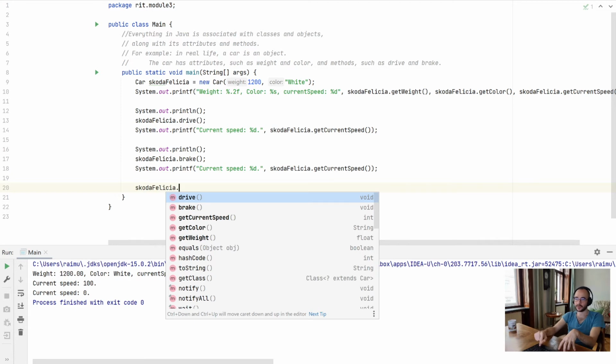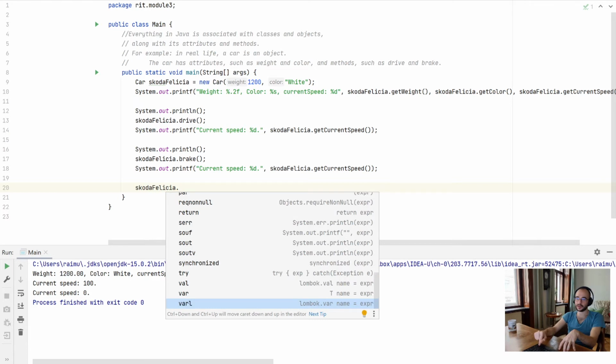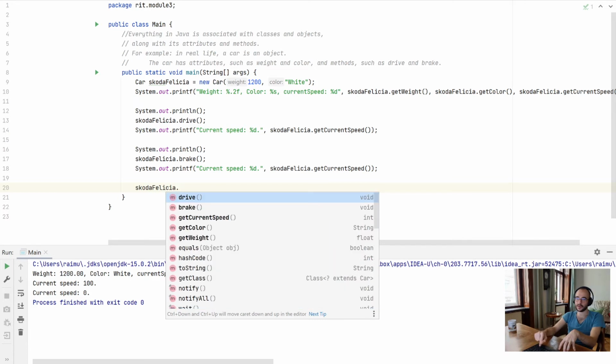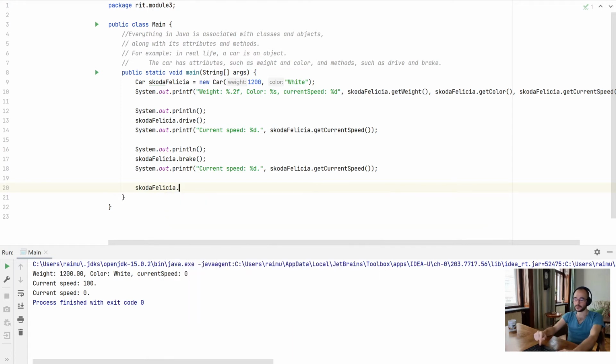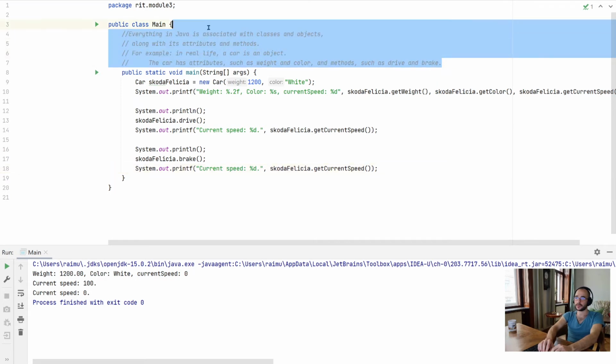He cares in a way what you're doing in this method, but he expects that something is happening if you use drive and brake and shouldn't care about the implementation. Good. I think we covered this